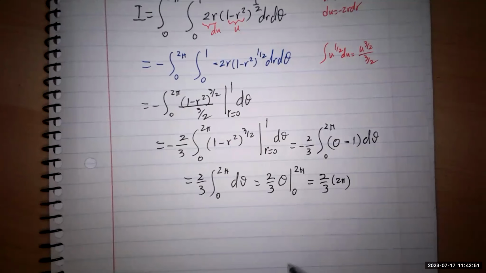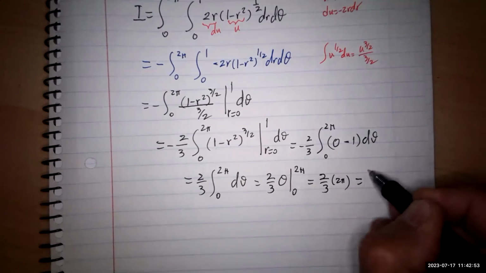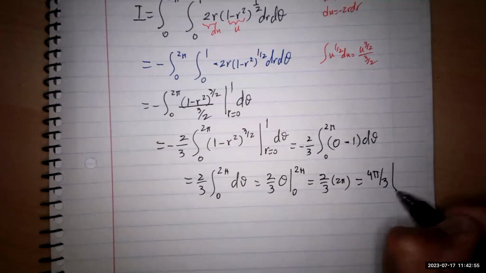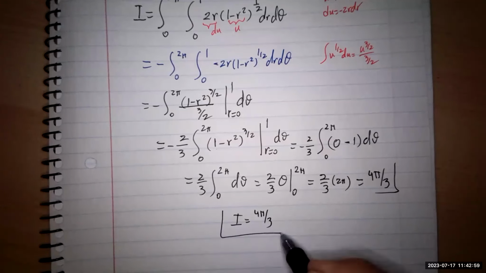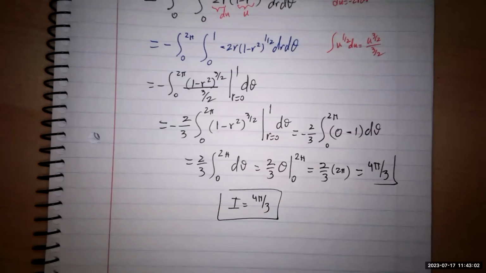Okay, 4 pi over 3 is the final answer. So the integral would be 4 pi over 3. It's a very nice one to be able to get through. There is another one, but we have to wait to get to that